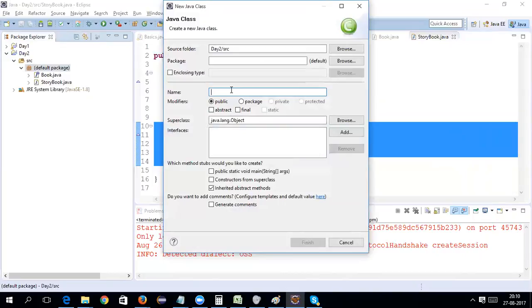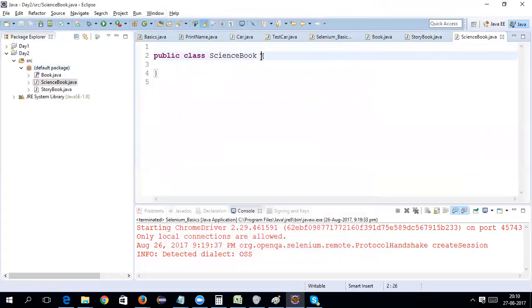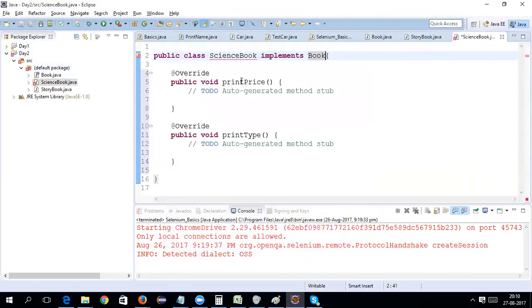Okay, and I will call it, say, science book. Right. So this science book will also implement the book interface. So it will have the functions print price and print type. So you can implement them in your own way. You can write over here science book price